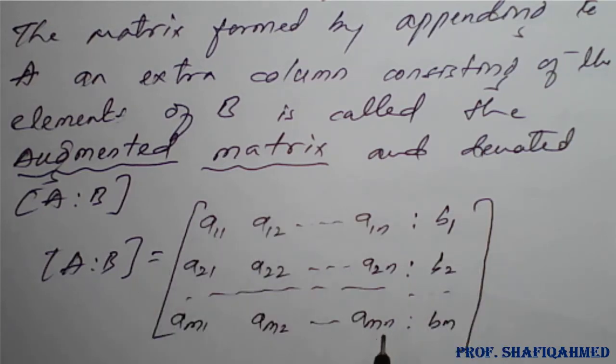Using this matrix only we need to find the rank, and then we can check whether it is consistent or inconsistent. If it is consistent, which kind of solution does it have? If it is consistent, we have two kinds of solution: one is a unique solution and the other is infinitely many solutions. If it is inconsistent, then there is no solution at all. We'll see what happens if it is consistent, and if it is inconsistent.